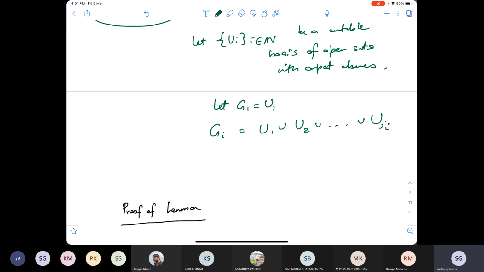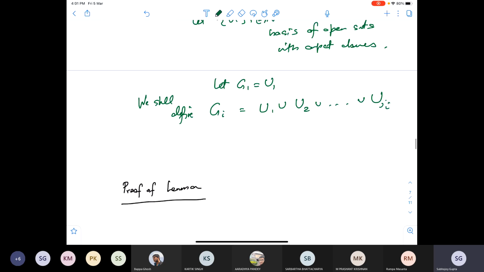So how do you define this? You define it so that the G_k closure